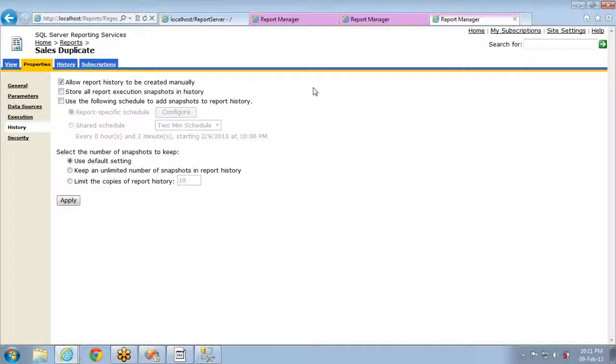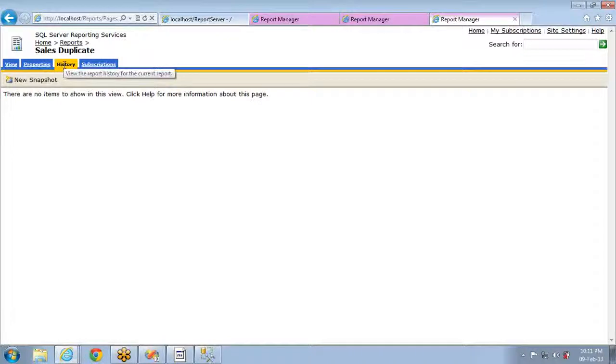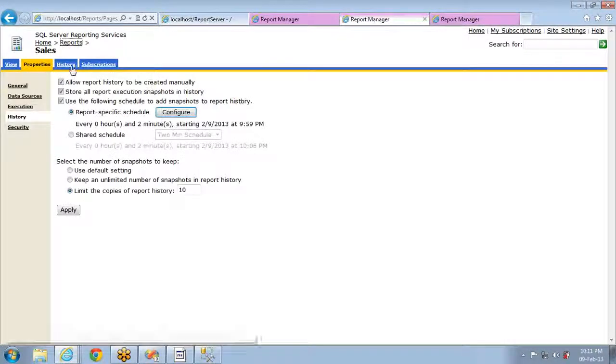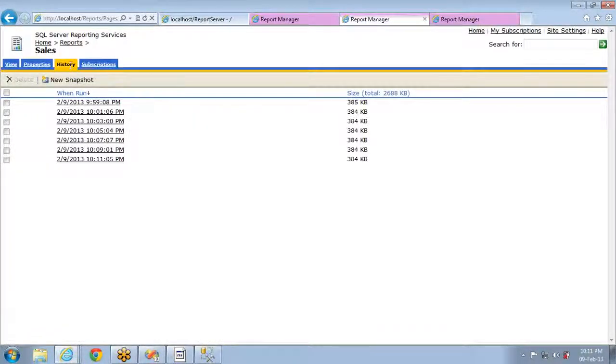So you have to make sure, for creating the snapshots, the first thing is the user to run the report. The user credentials to run the report in the data source should be given. The next thing is, if there are any default parameters, you have to provide them. And the third thing you have to make sure is how frequently you are taking the snapshots. If it is too frequent, then you have to maintain a lot of memory, a lot of space to store all these snapshot reports. So this is about snapshots, cached reports and schedules.